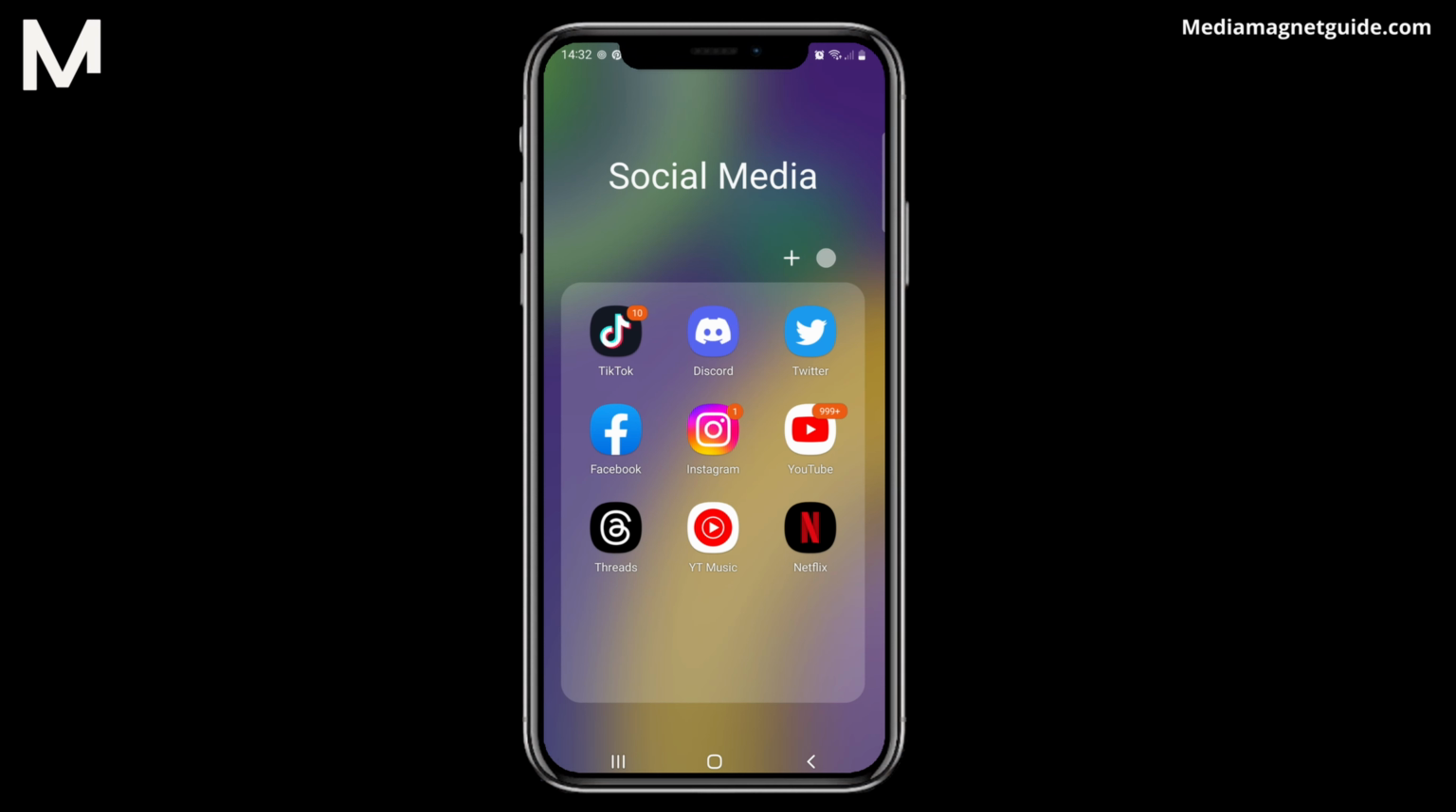In this video, we'll demonstrate the process of changing your chat theme on Instagram Threads in just a few easy